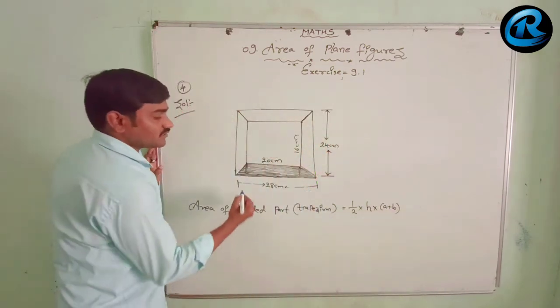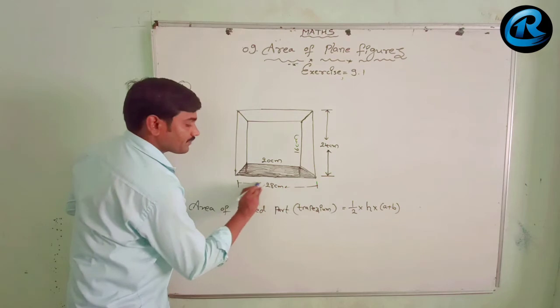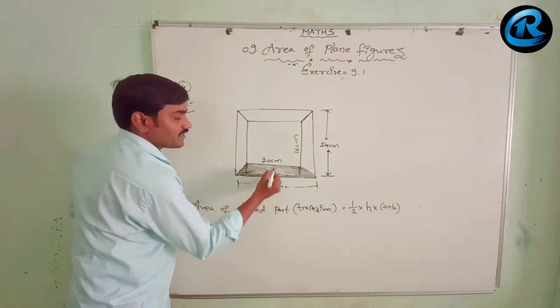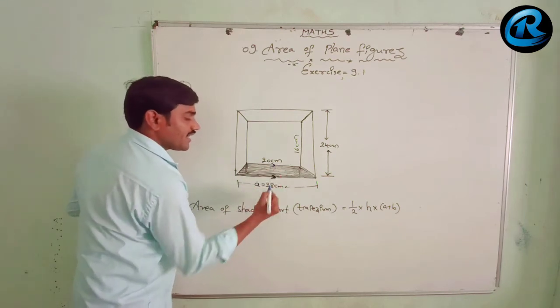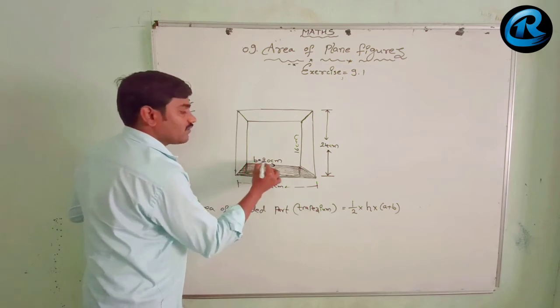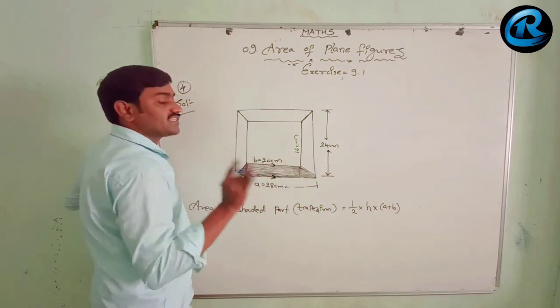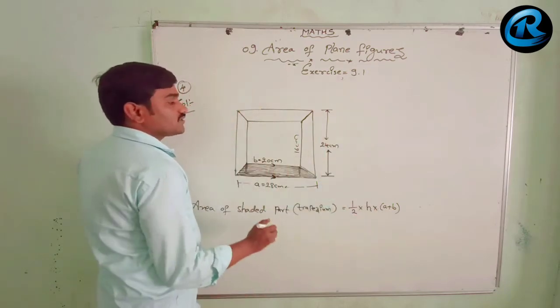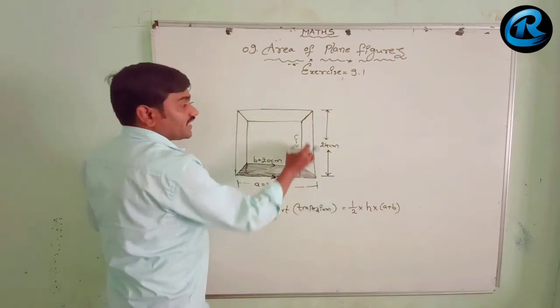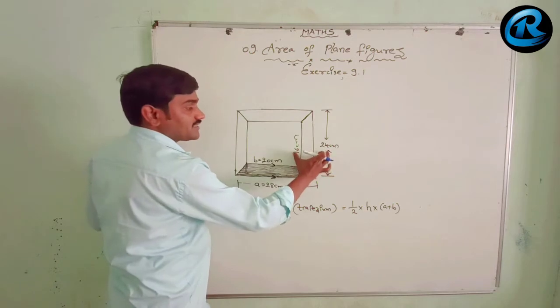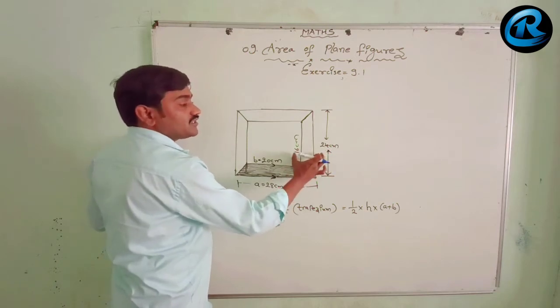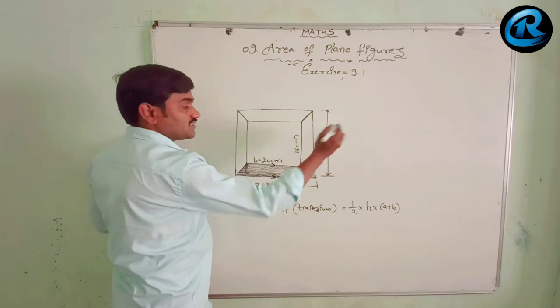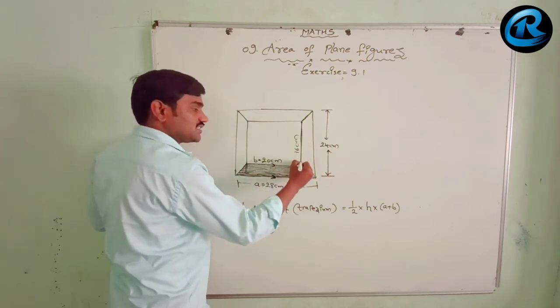So what is the a value? Simple. These two are the parallel sides, where a equals 28 centimeters and b equals 20 centimeters. Then what is the h value? We have the a and b values, and we need the h value. We will get it by observing these two measurements, the breadth of the inner dimensions and the outer dimensions. See, the inner dimension breadth is 16 centimeters.